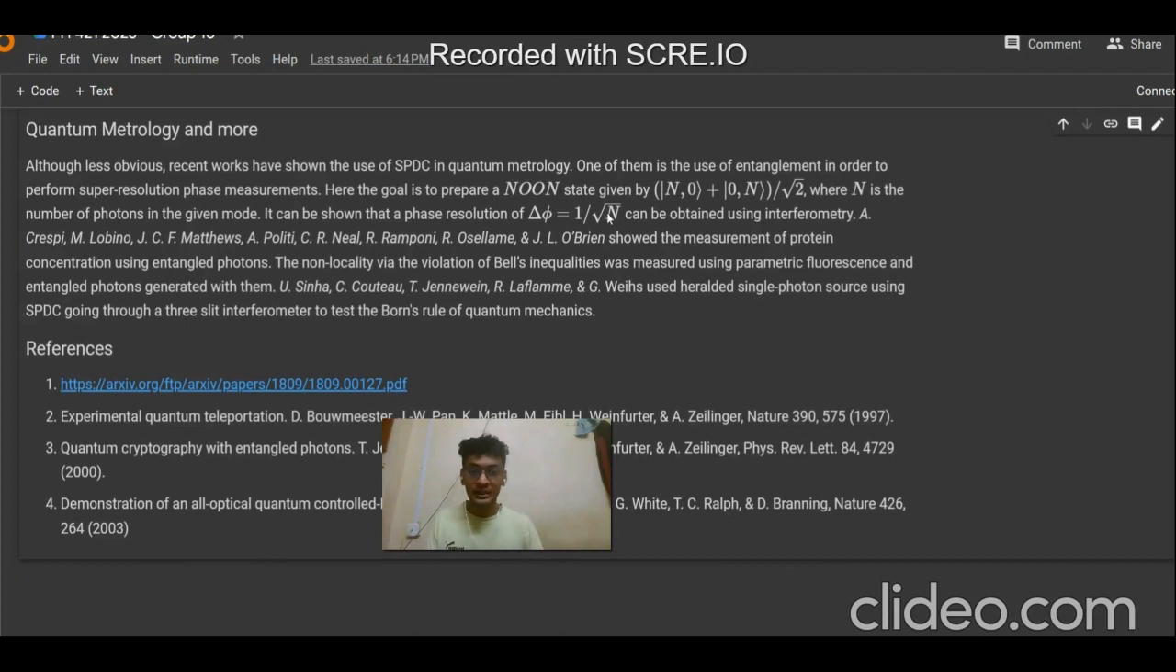And in another experiment, this group showed that the measurement of protein concentration can be done using entangled photons. Again, this group showed that you can verify the violation of Bell inequalities using parametric fluorescence and entangled photons. And here, these people showed that using SPDC, they